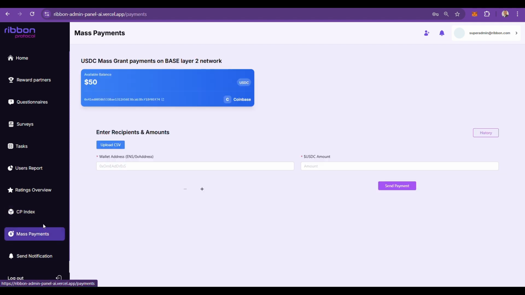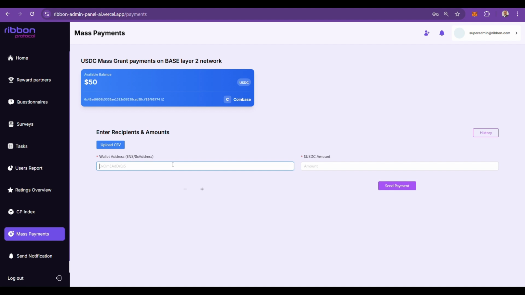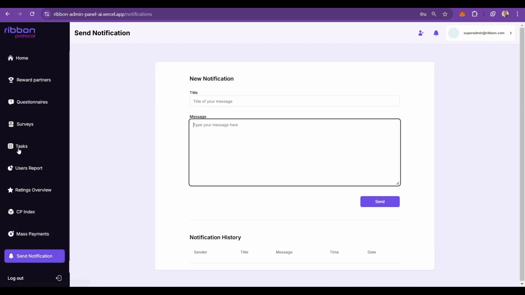And then we can do mass payments. We could upload a CSV file or enter addresses manually and then send payments. This would work well for paying salaries, for paying grants, or for doing airdrops. It could be in USDC, and we're building the functionality to do it for anything else. In this instance, we've done it for paying out mass payments for grants. But yes, it's unlimited. You can use this as an airdrop to upload a CSV file and send money to a specific group of users as rewards. And then of course we've got notifications where you can send a notification to all users in